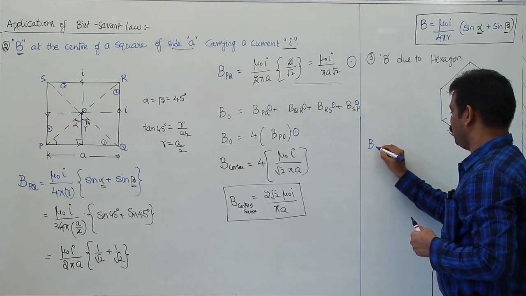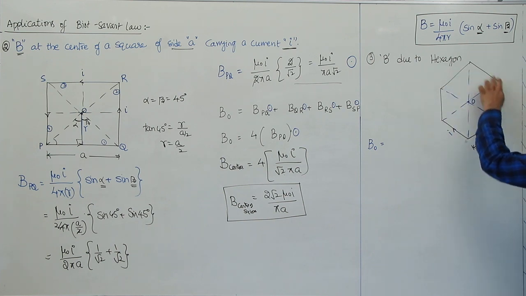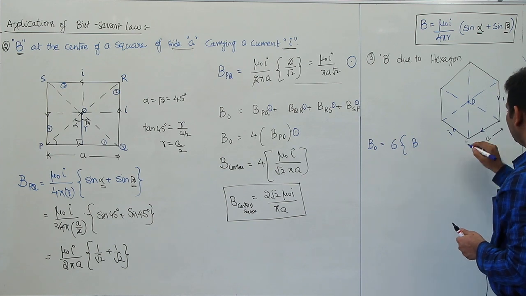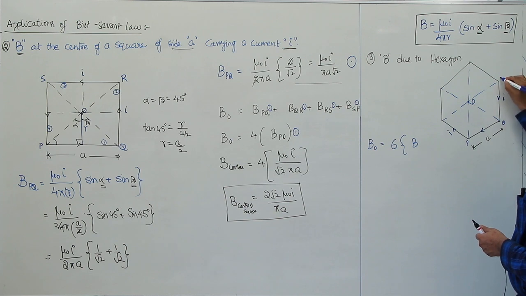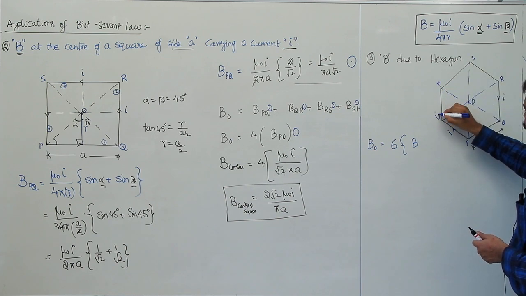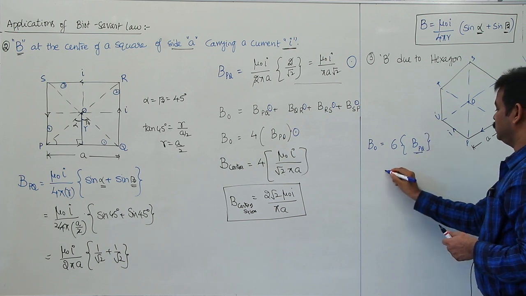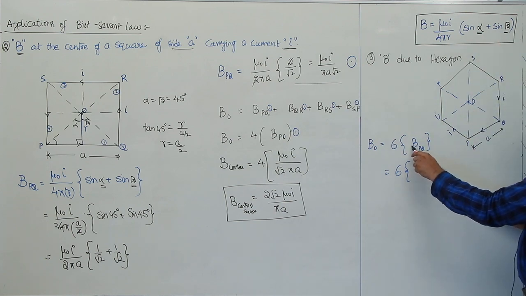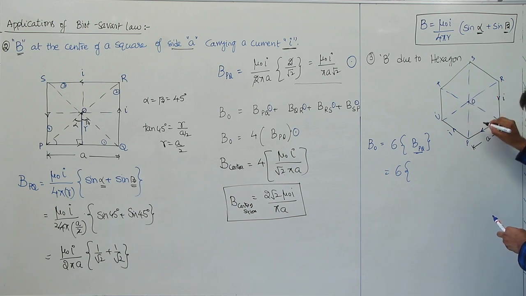So, magnetic field at O, that is the center of the hexagon, equal to, here the hexagon consists of 6 sides. So, this is 6 times the magnetic field due to any one of the sides. So, you can take this as P, Q, R, S, T, U. So, this is the magnetic field due to PQ here. By using the same concept, the same formula, I am going to find out the magnetic field due to one side. Here once again, to find out the magnetic field, draw the perpendicular from that point